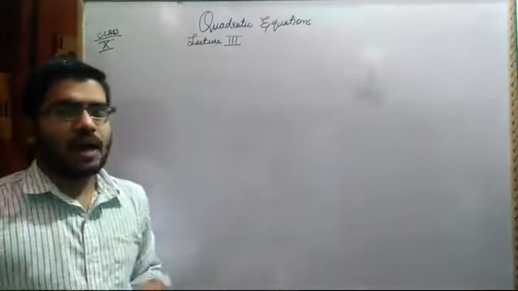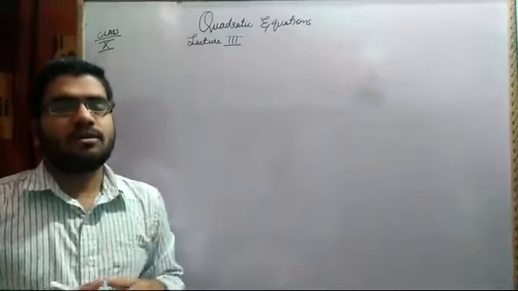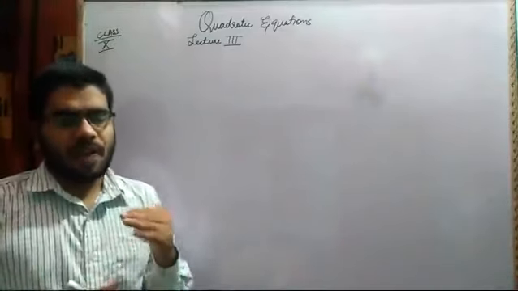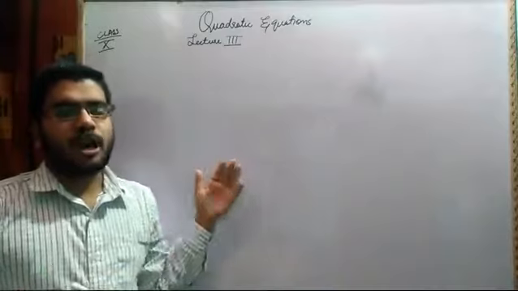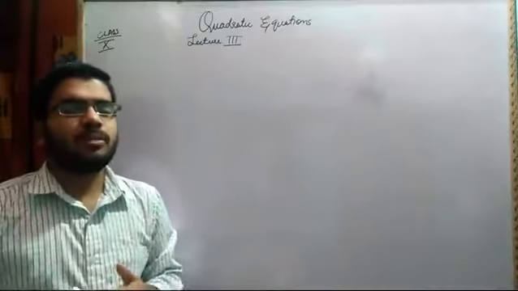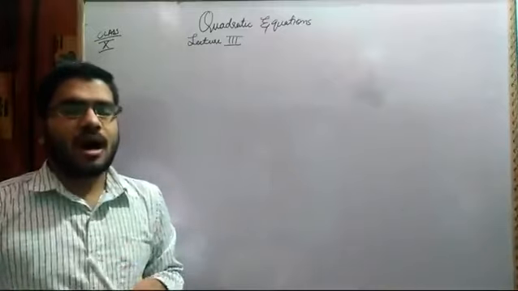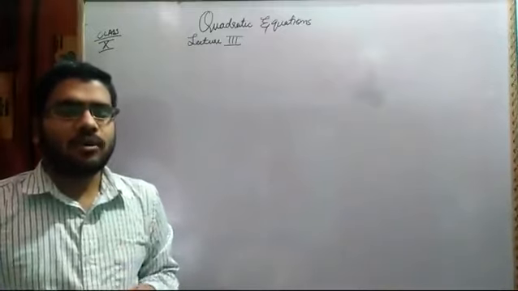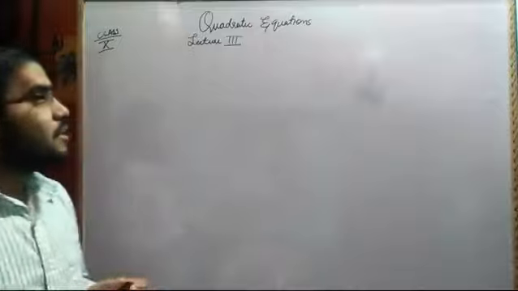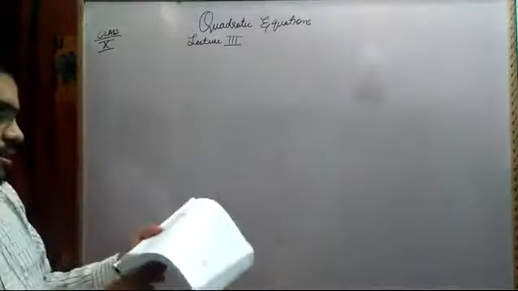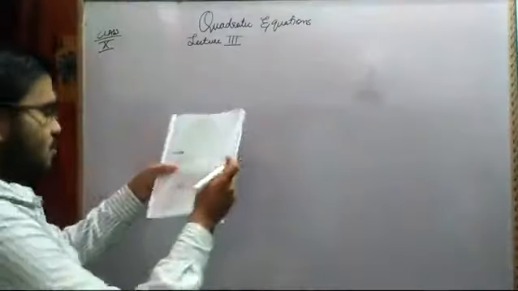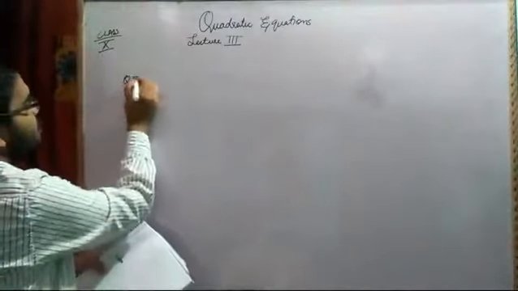And in this lecture, I will be discussing how to find the value of the variable x in a quadratic equation up to 2 decimal places, 1 decimal place, or significant digits. These types of questions are also generally asked in the ICSE board examination. So here I will be discussing, taking the help of one question, and then I will try to explain. So first question, let's solve question number 5.